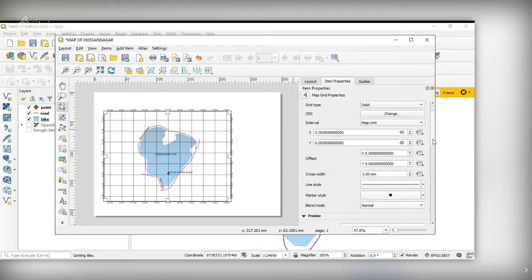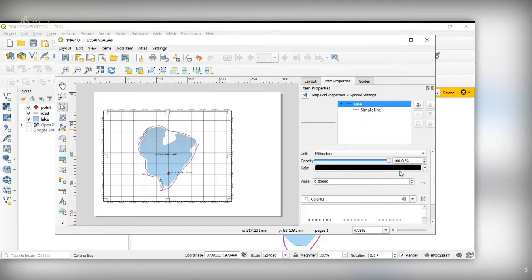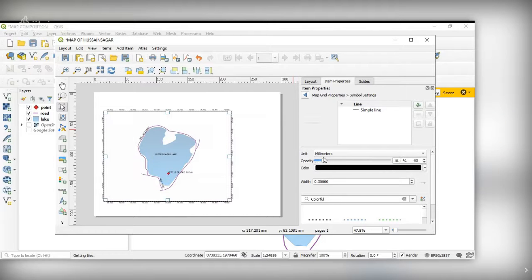Now line, if you don't want to give line, you can just make the opacity lower. I'm decreasing the opacity to 25%, 26%.